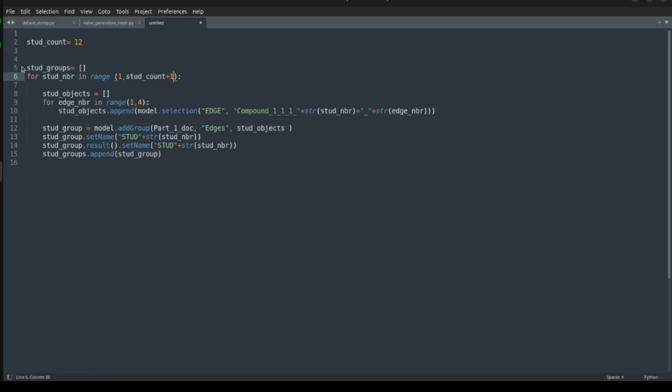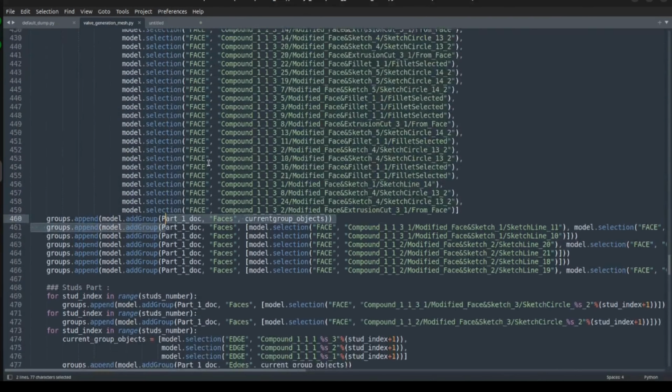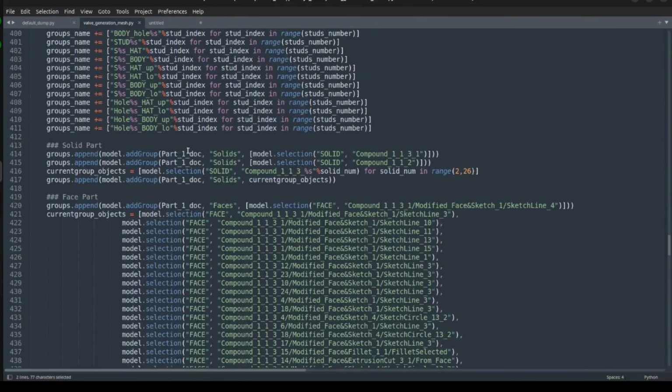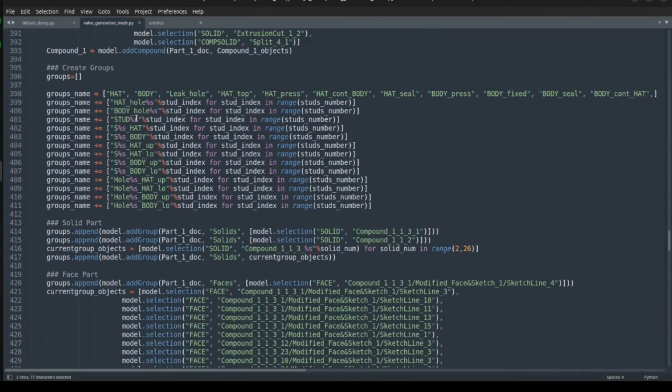So this is a complete example of how to create groups, edge groups actually, using the Python API. We have applied this technique on the whole model, and this is the final result on our dump file that we generated previously. So we've done all the modifications in order to generate the groups automatically. You can find the whole file within the video